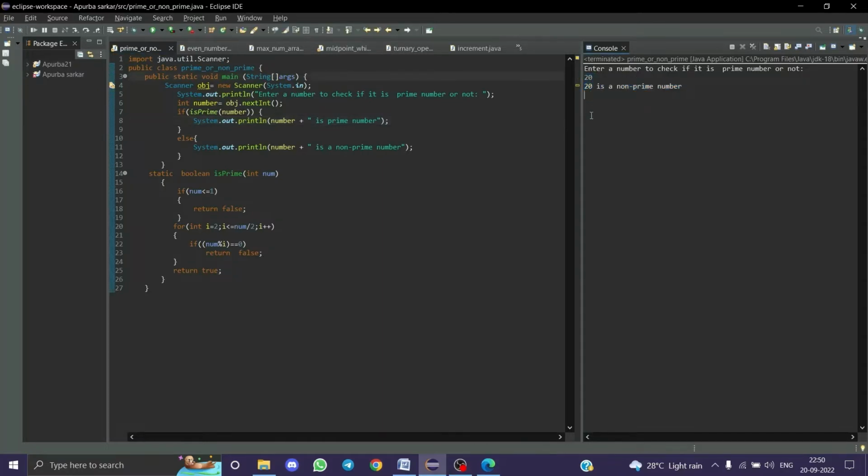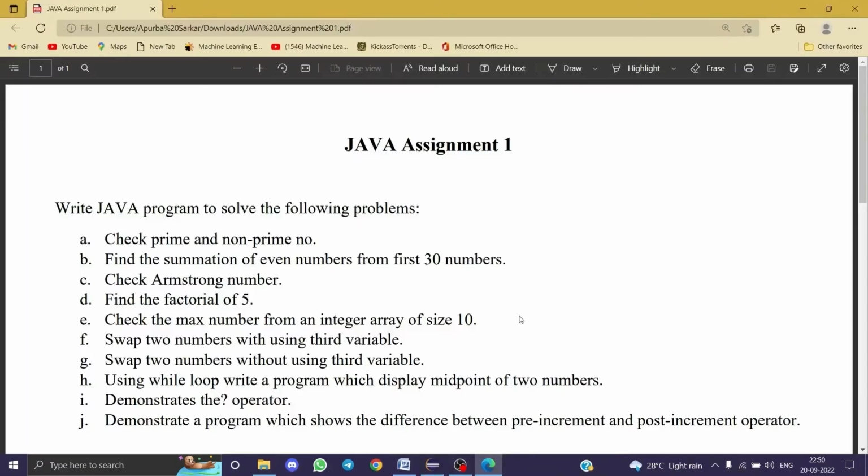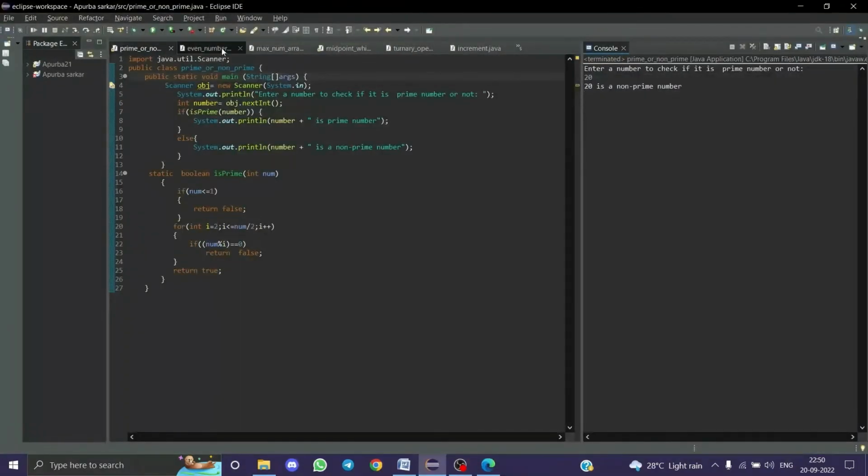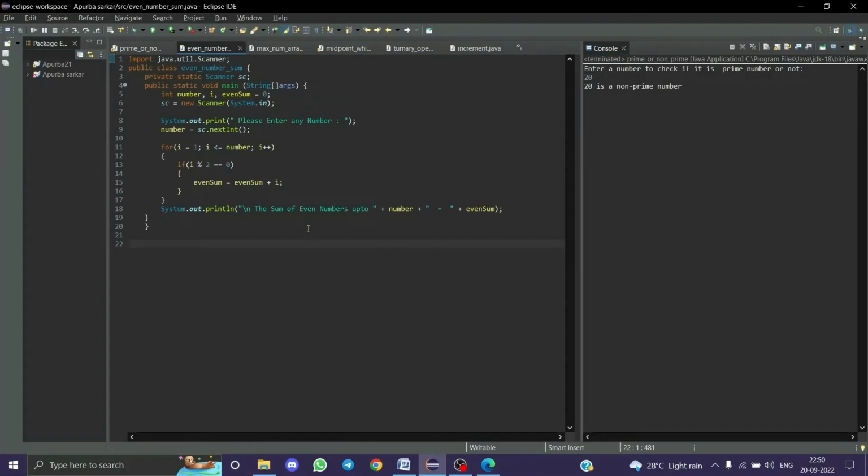Next question: find the summation of even numbers of the first 30 numbers. So check, this is the code, and let's run it. I have given 30 as the user input and the answer is 240. Okay,